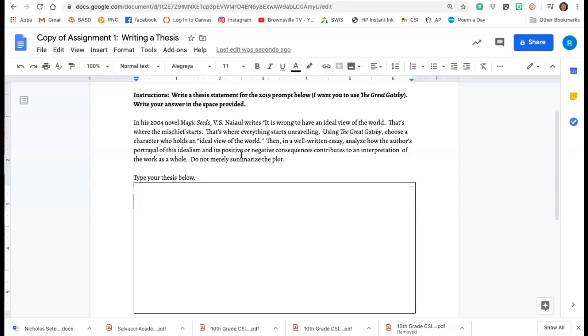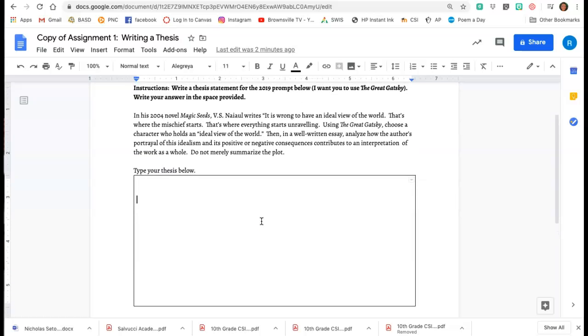Now, I know that's a lot, and in the next assignment, you're going to be writing one body paragraph on this, starting to develop commentary. But for this assignment, I just need you to practice writing a thesis. Again, if you want to write your introduction, you definitely can, as long as your thesis is at the end there.